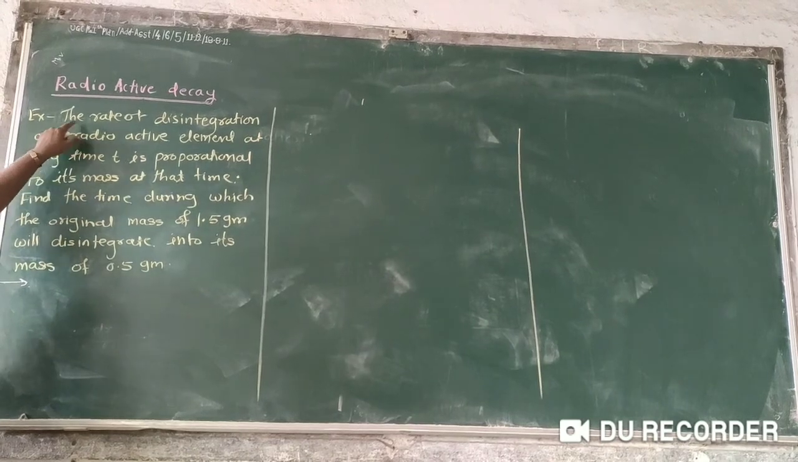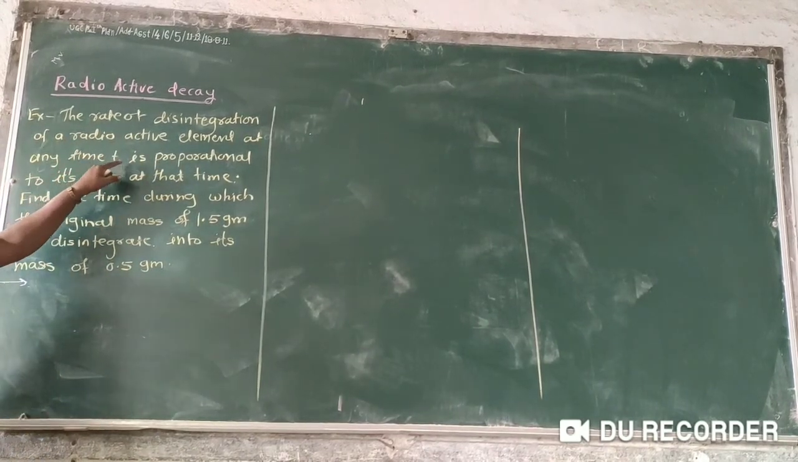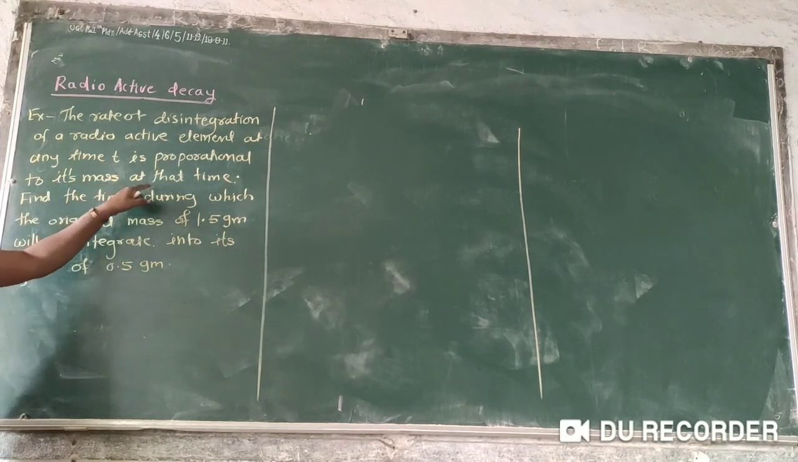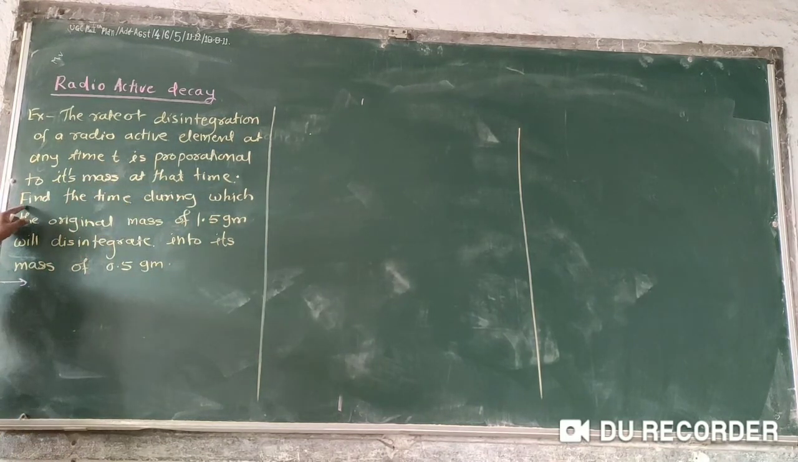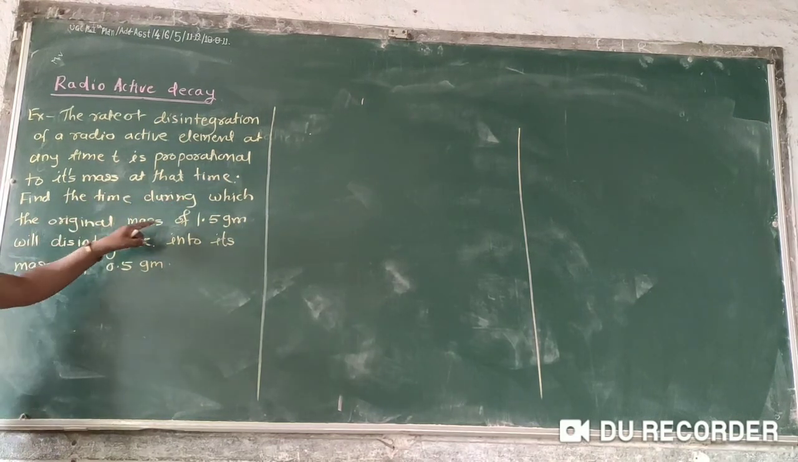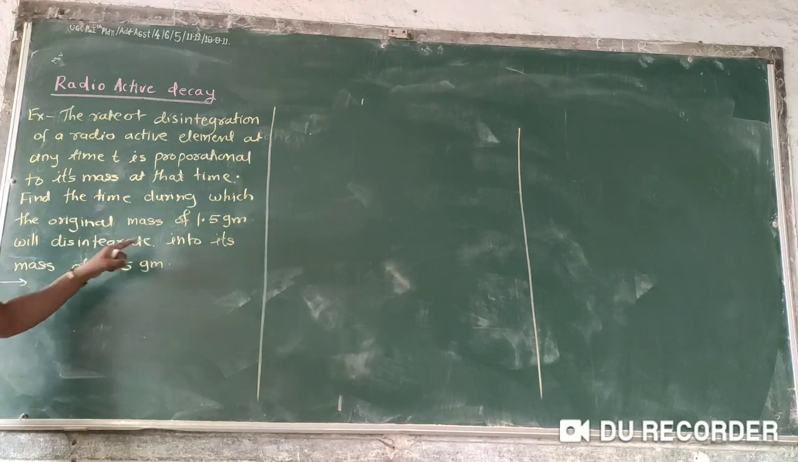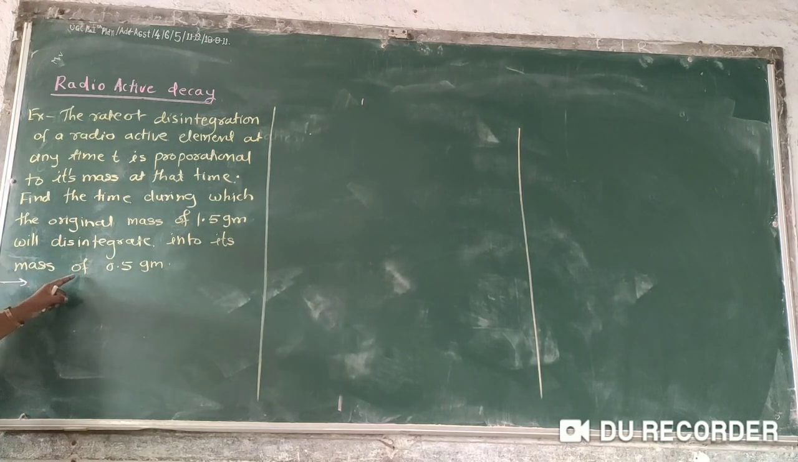For example, the rate of disintegration of a radioactive element at any time t is proportional to its mass at that time. Now find the time during which the original mass of 1.5 gram will disintegrate into a mass of